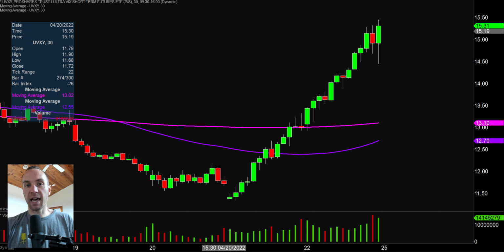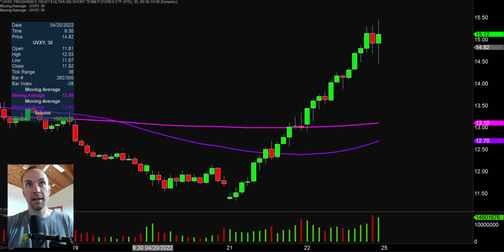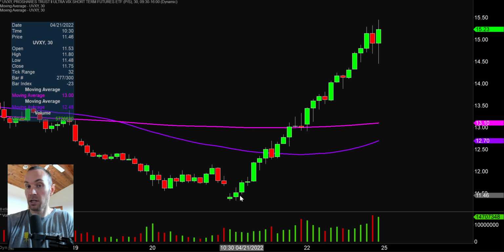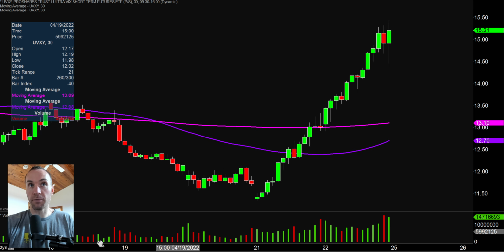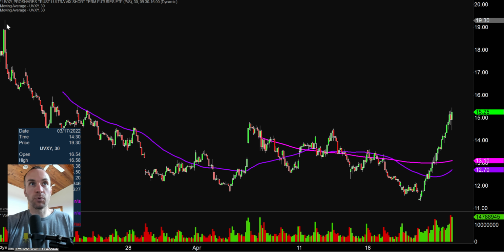Next one, UVXY, and I was just going to say a stock, but technically it's an ETF, but it's a way to make money if you think that the markets are going to continue to fall next week. Clearly, the market's had a disastrous day today, and that is why this one is kind of a goofy looking chart in the sense of it essentially just went straight up all day long. So if you are somebody that's saying, yeah, I think things are going to get even more ugly, then this is one that could still allow you to make money even if the markets are falling down. So the main area of resistance that I think a lot of people will be watching next week, and rightfully so, is going to be right up here around,